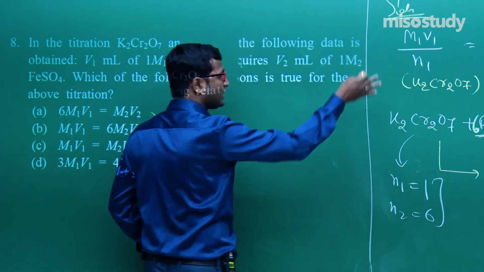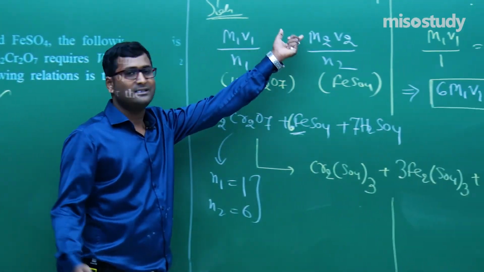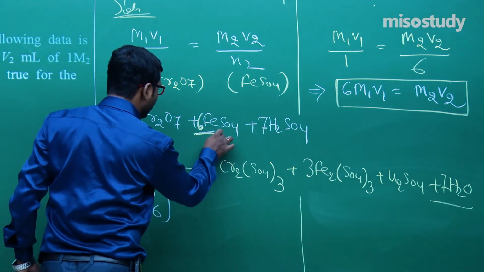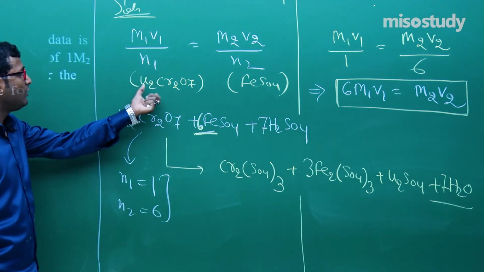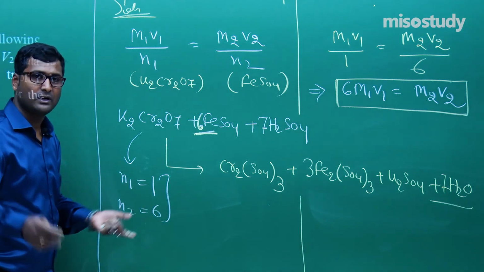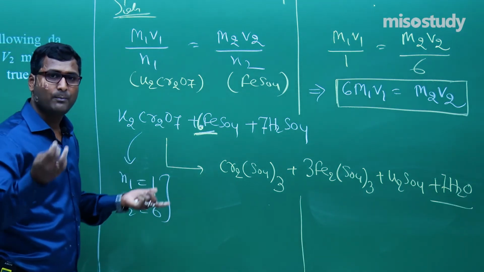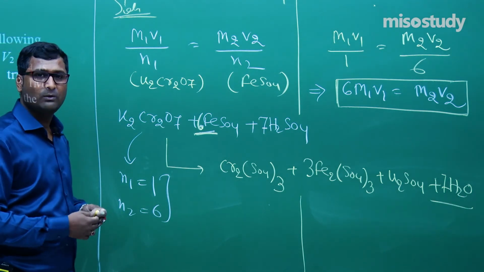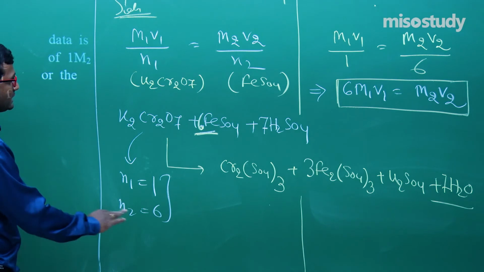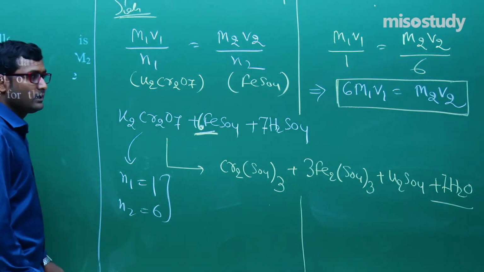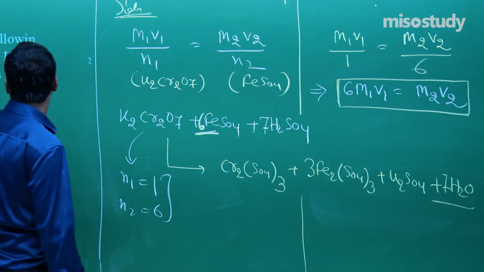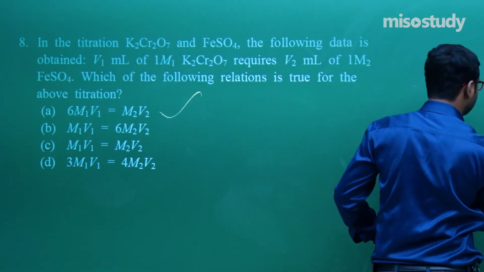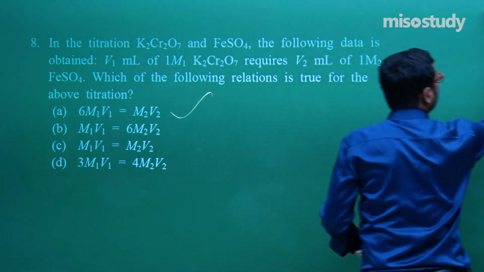I'm giving you a few seconds. Check it out. This is the titration type question. So in volumetric analysis, generally what we study is titration. M1V1 upon N1 is equal to M2V2 upon N2. That is the normality equation or molarity equation. Clear, friend? Can you solve? Yes, sir. We can easily solve such kind of question. Now I'm going to rub this part and we'll discuss the next one. Wait for a moment.